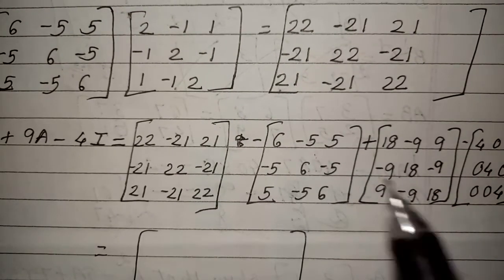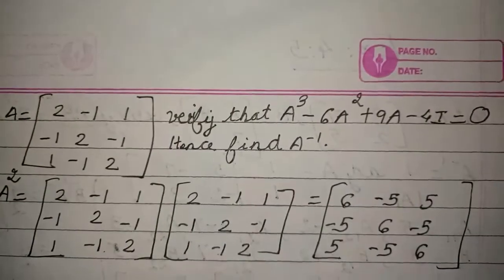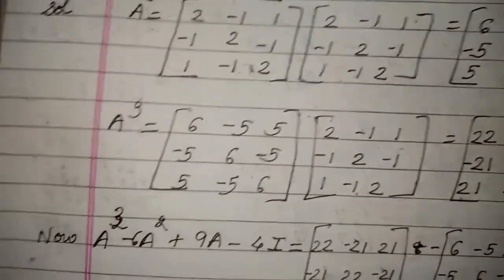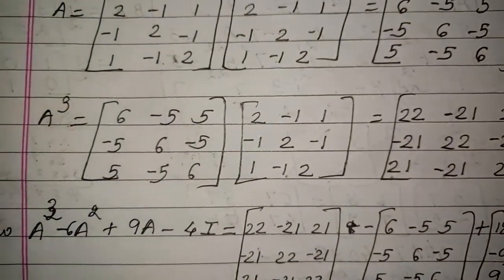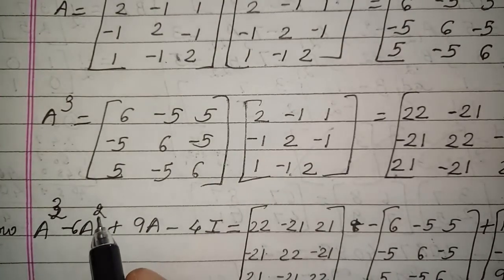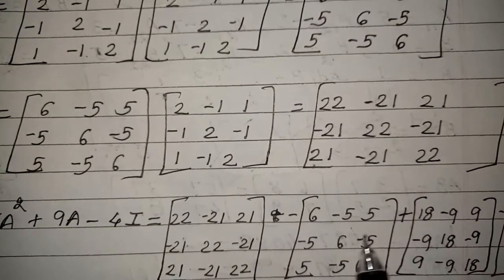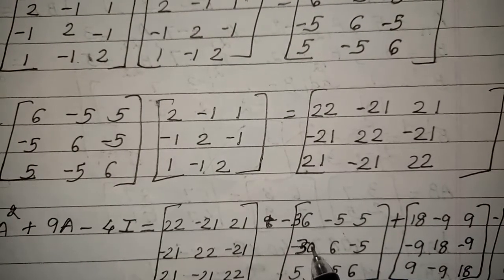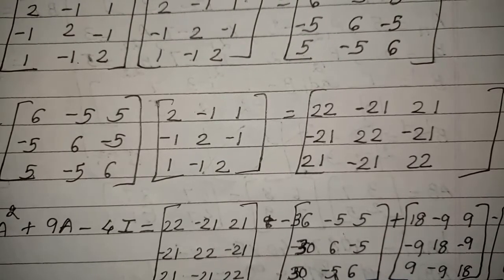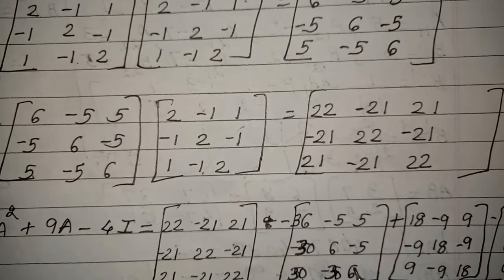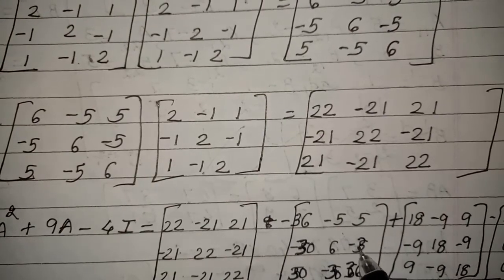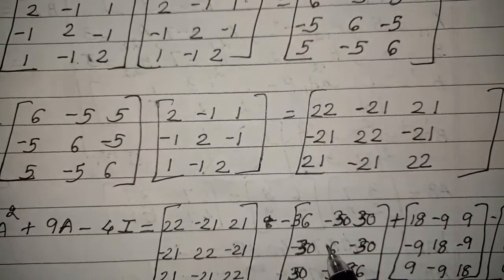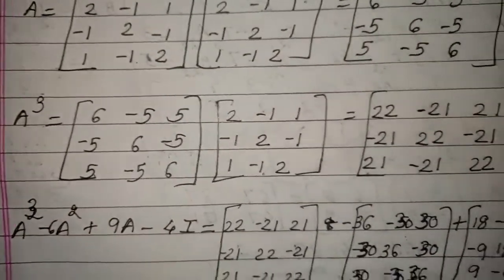22 minus, I have to prove it to be 0, right? Children, it was 6a square, right? It was 6a square, but I have written here 6. Okay, so I have to multiply by 6 here. So 36, 6 it will become 30, no? It will become 30. You understood what mistake I made? I did not write 6 here. It is 6. Okay. Now let us check.